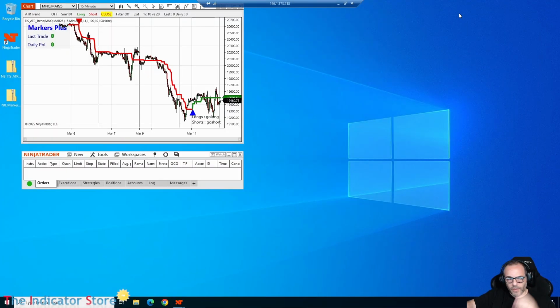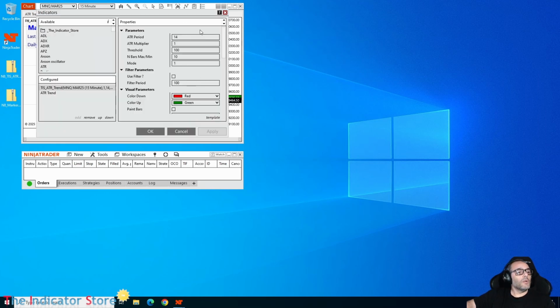Okay, let's continue with this. Now we need to configure the settings to get the best performance. And I am going to do this on my local computer, okay? So when we have the parameter for this indicator, and also the target and the stop, we can see here